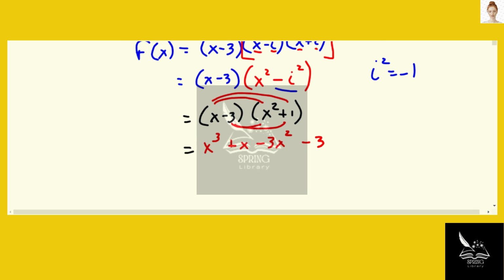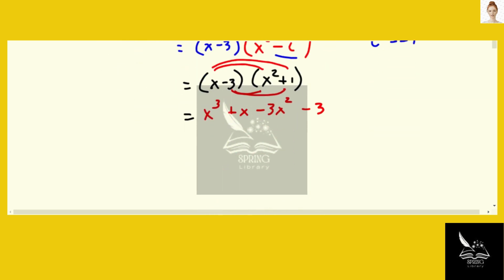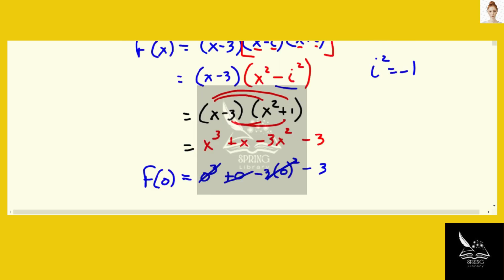Perfect. So the last criteria we need to make sure we meet is that f of 0 is equal to 6. Meaning, if we substitute in 0, we should get 6. But notice, if we plug in 0, we'll have 0 to the third plus 0 minus 3 times 0 squared minus 3. Well, these first three terms would cancel, and what we'd find is we'd get negative 3. But we need it to be